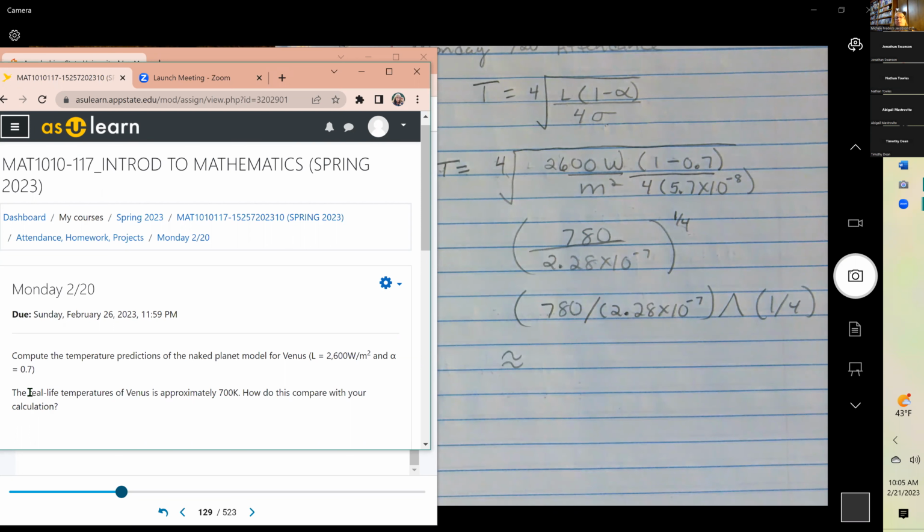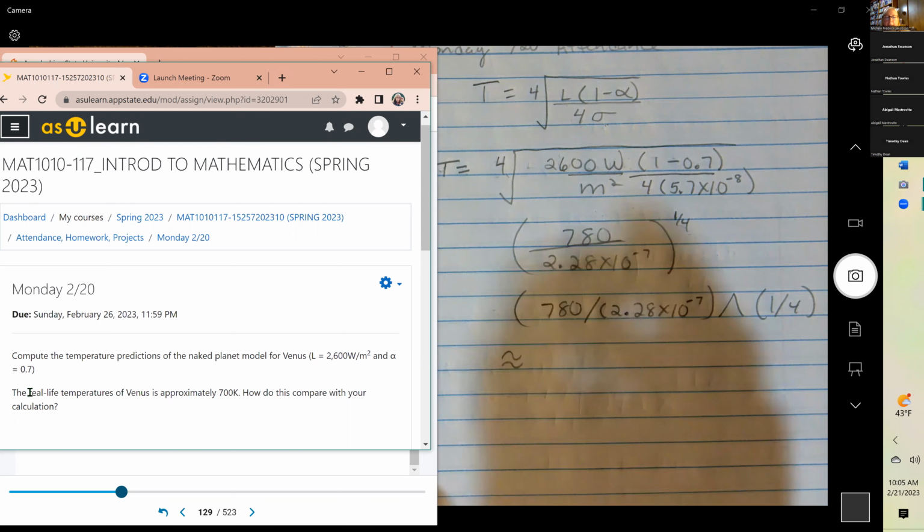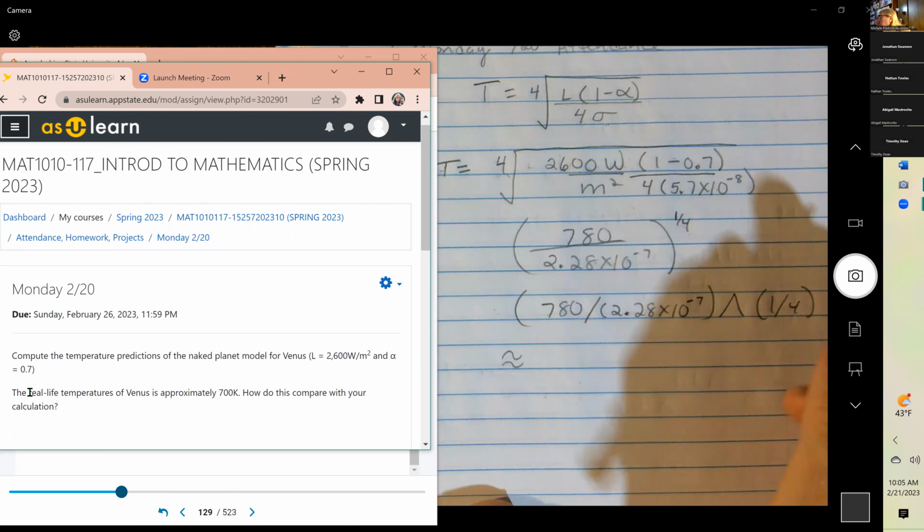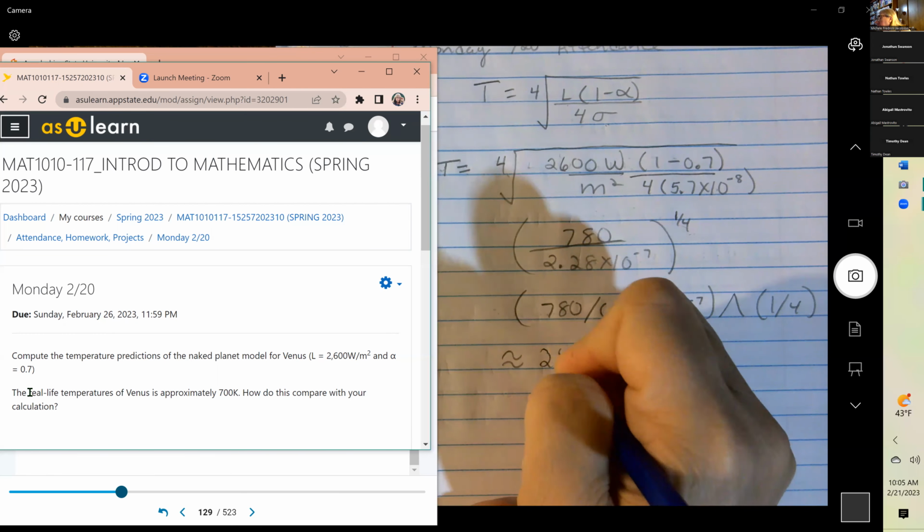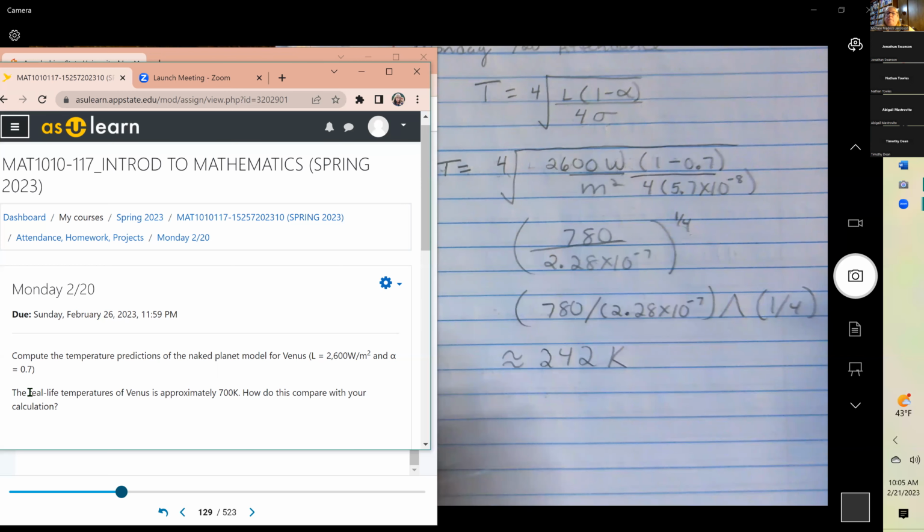But you just needed to plug in the numbers. Are you getting the 242? Any questions on that? So at the beginning, when you were plugging in the numbers, when you put 2,600 watts over meters squared,